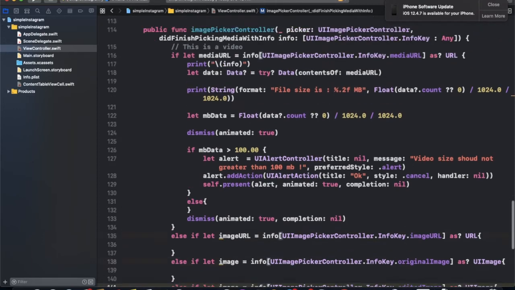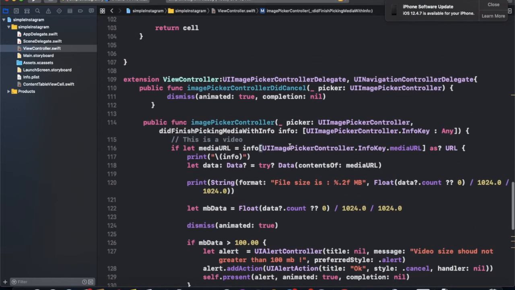Firstly, if the user presses the cancel button, meaning selects nothing, then it will just dismiss the picker. We are doing nothing.